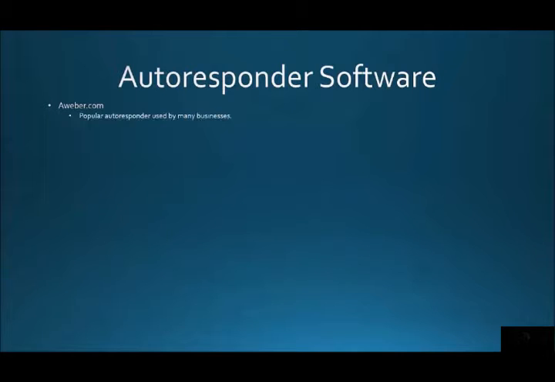So here's some basics for autoresponder software. Aweber.com, it's a popular autoresponder used by many businesses online. There's many different niche markets that use this software. So everything from professional legal type services like lawyer offices, to small brick and mortar businesses, to people in the internet marketing space, the weight loss space, people selling model trains, people with lists on how to make better looking cupcakes. So all kinds of niche